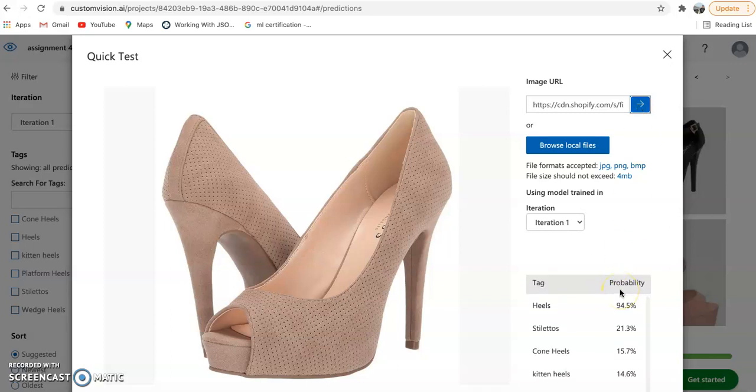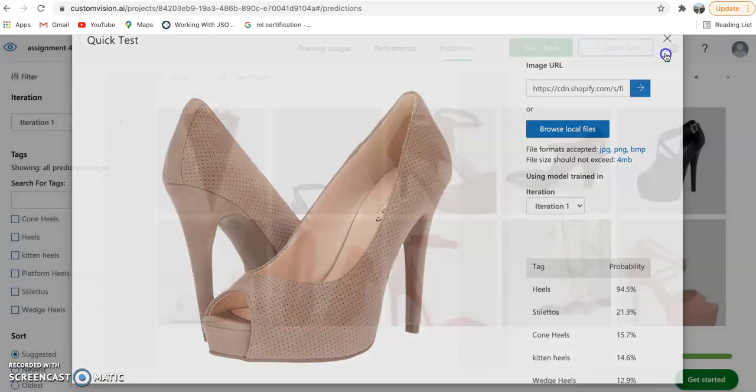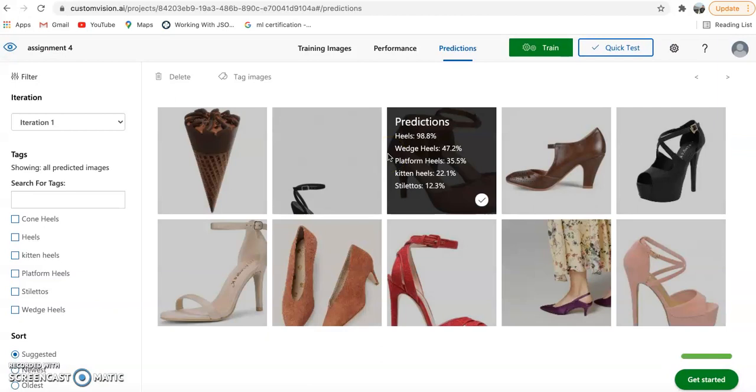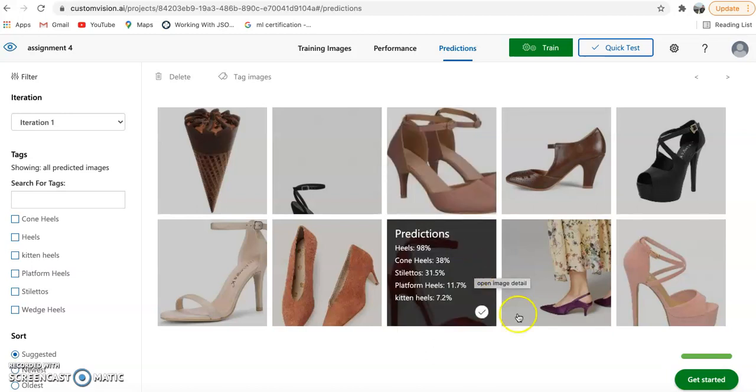Here again it is showing that it is a stiletto kind of heel, and hence we have just gone through our cognitive services from customvision.ai from Azure.